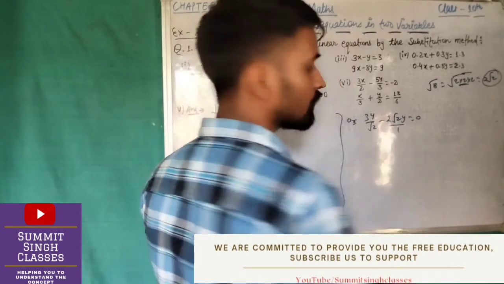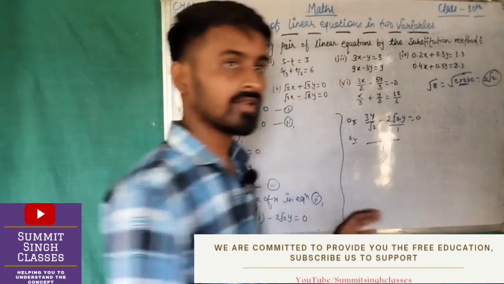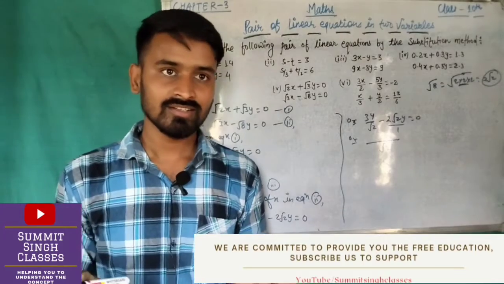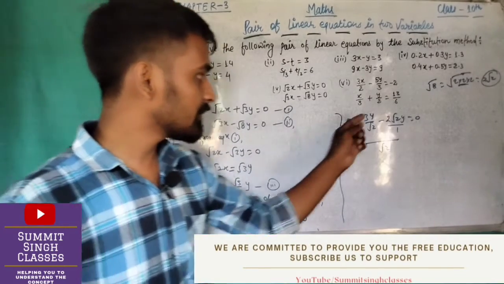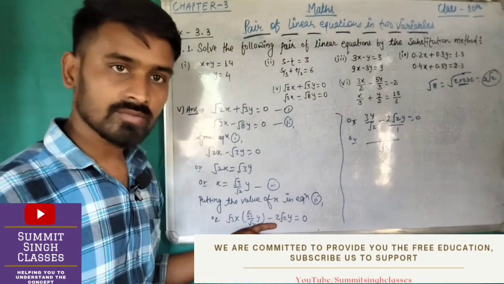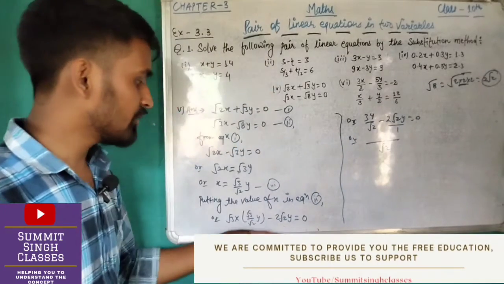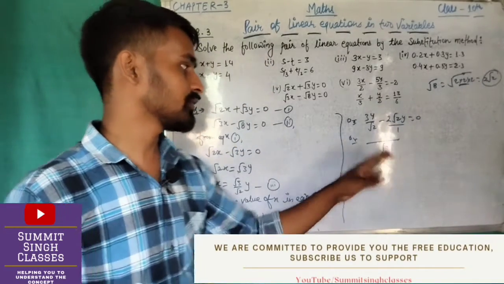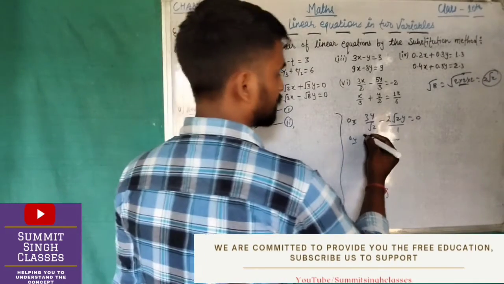देखो यहाँ कुछ भी नहीं है तो 1 है, इन दोनों का एलसीएम ले लेंगे, रूट अंडर 2 हो जाएगा. ठीक है, समझ में आ रहा है सारा चीज़, क्लियर है ना. दिमाग को यहाँ पे मेरे साथ रखो. क्या किया है मैंने कि रूट अंडर 3 में रूट अंडर 3 से मल्टीप्लाई किया, 3y हो गया, और रूट अंडर 2 को नीचे ऐसे ही रखें. माइनस दिस विल बी व्हाट 2 रूट अंडर 2y, तो इसको 2 रूट अंडर 2y बाई 1 ले लेते हैं, कुछ नहीं है, तो इज इक्वल टू 0. तो रूट अंडर 2 एंड 1 का एलसीएम तो रूट अंडर 2 ही हो गया,